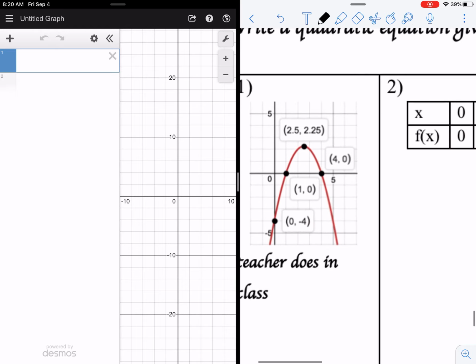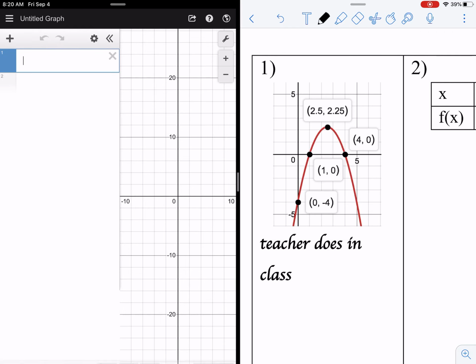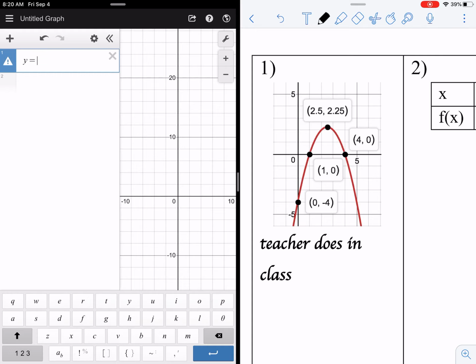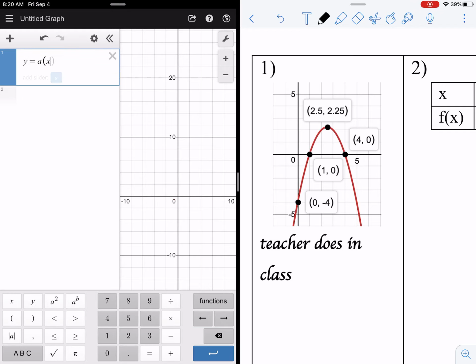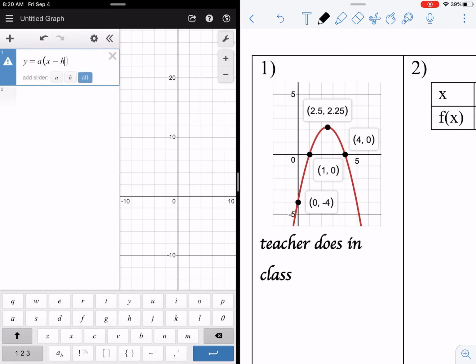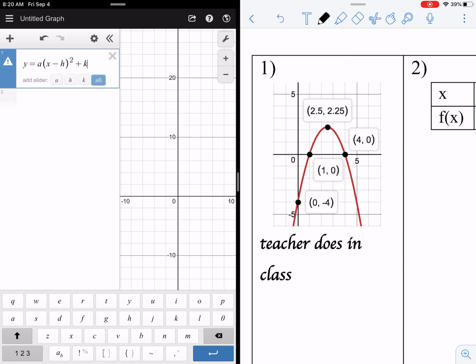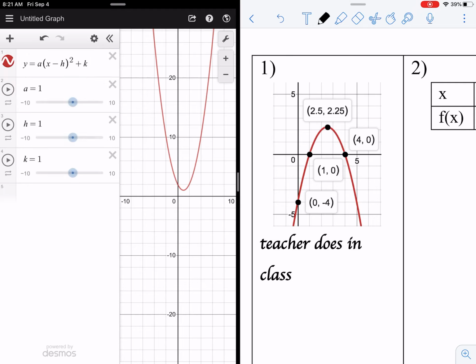So starting out with a graph, this time we have 4 points. Again, I said you can always do vertex form. So y equals a(x minus h) squared plus k. And Desmos is going to ask for these things called sliders. What sliders do is basically Desmos is recognizing that a, h, and k, or any variable besides a standard x and y, can be adjusted. So if we let these be sliders,